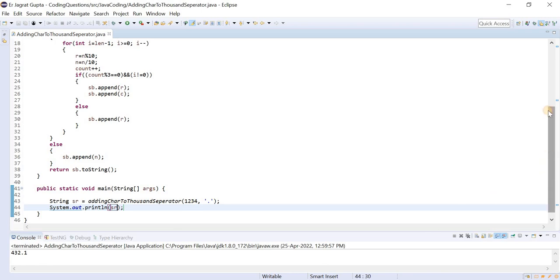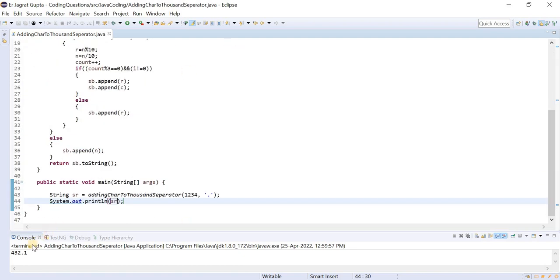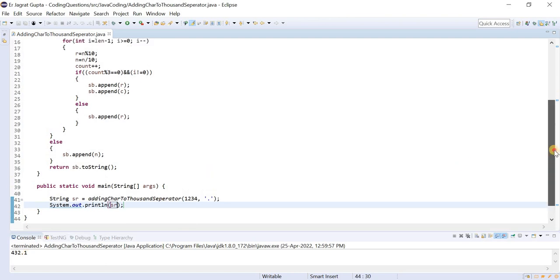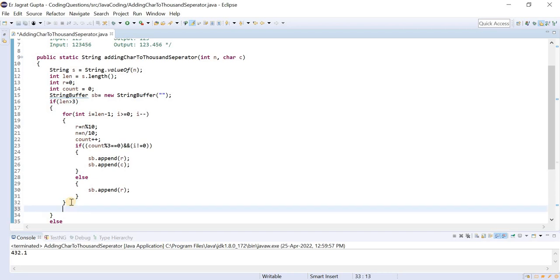Okay, so this is not our required output, but if we reverse this string, then we can easily get our required output. So the reverse of the string will happen in the case where the length will be greater than 3. In that case only we need to reverse our string.